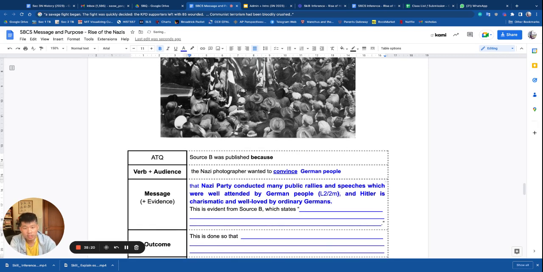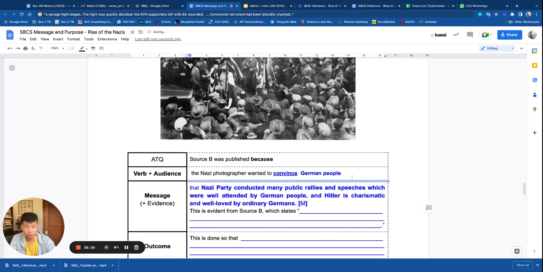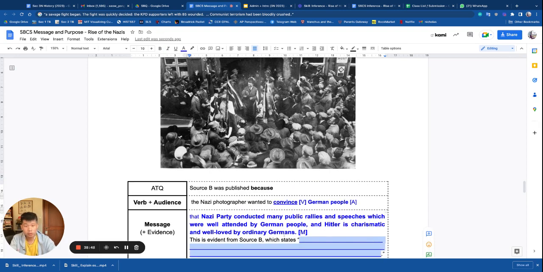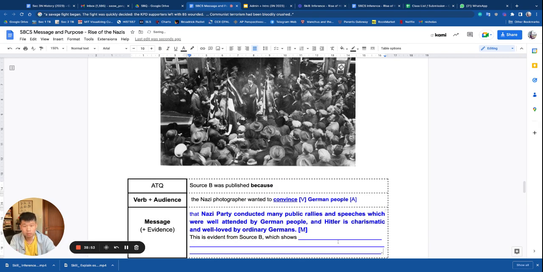You'll notice now that I twist the message a bit because I have an outcome in mind. I always twist the message a bit when I know what the outcome of the source is going to be. In a way, you can see where I'm going with this message. Right? Hitler's charismatic and well loved. He wants to convince German people. You know where I'm going. The outcome will be about the German people's actions. What would they do? So let me finish up the message part. This is evident from source B, which shows